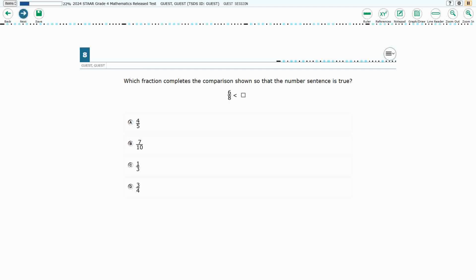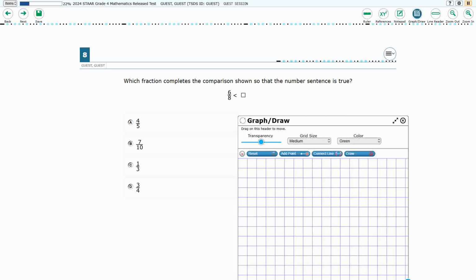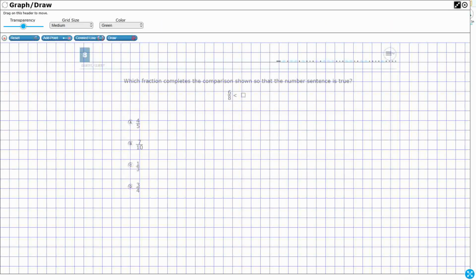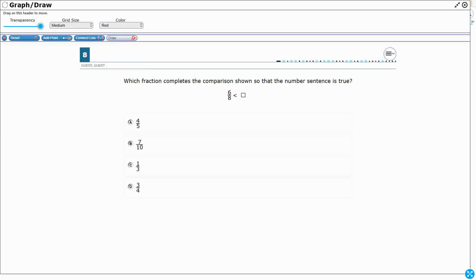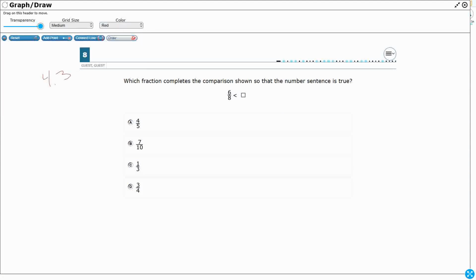And for number 8, we are comparing fractions. Right, so we've got the 6/8 here, and it needs to be less than something. This is going to be standard 4.3D. And it seems pretty straightforward, not much to read. So 6/8 is less than, and we need to compare it to each of these. Now, you notice the denominators are different, every single one. So what I'm going to need to do is take my 6/8